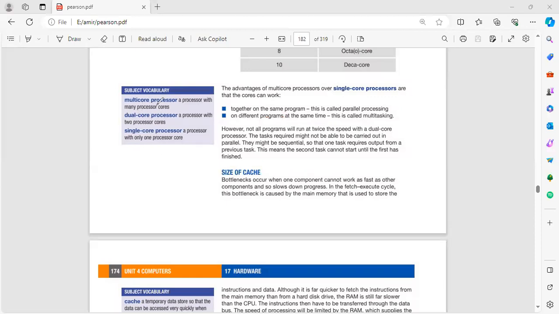Here you can see the definition of a multi-core processor: a processor with many processor cores. A dual core processor means a processor with two processor cores, and single core